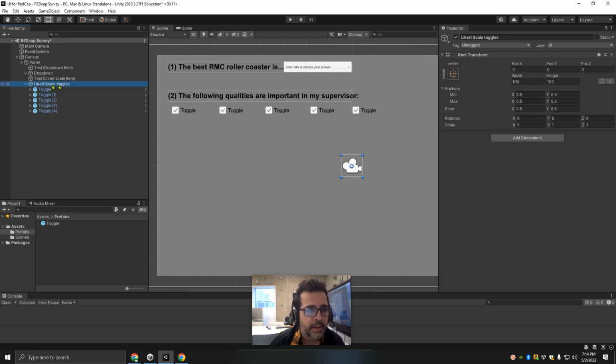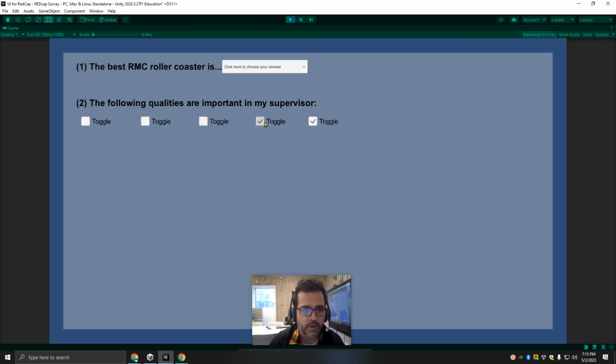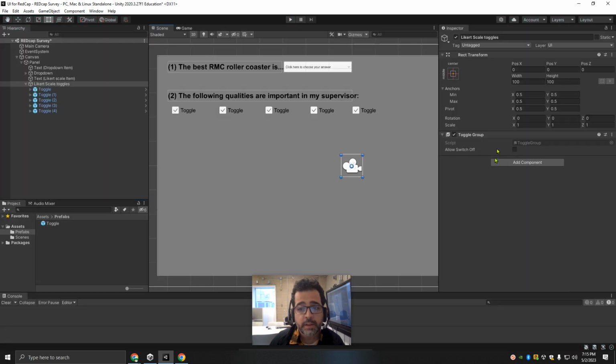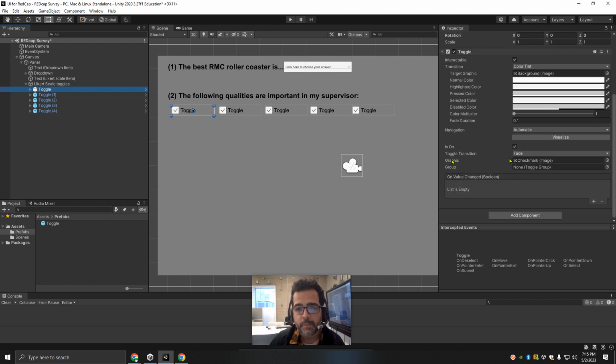what I want to do now in the Likert scale toggles is to add a component called toggle group. And then it has this allow switch off because if you click it, it allows for you to have all the answers turned off. Sometimes that's the case, right? So I can turn off all the answers. I don't think this is my case, but anyways,